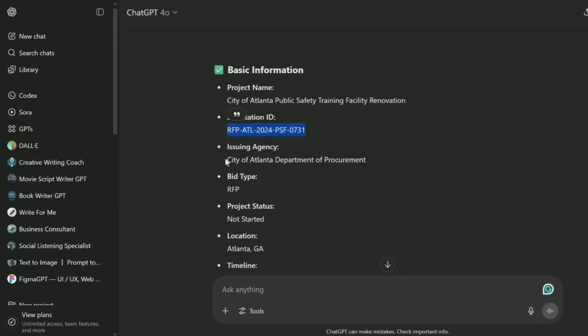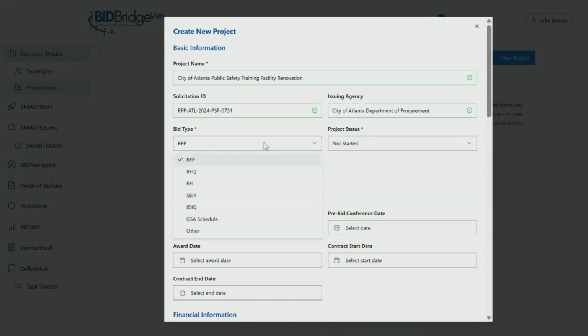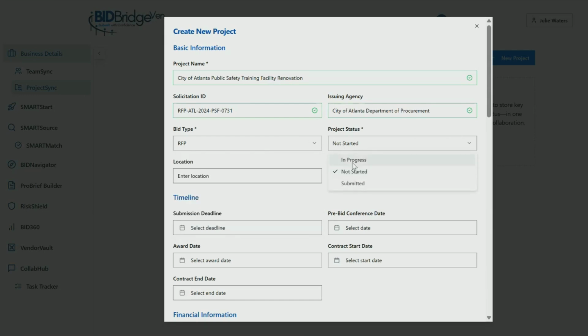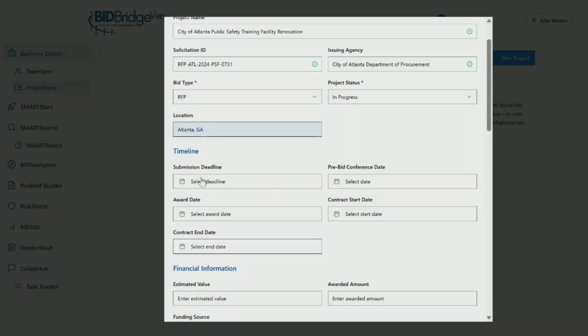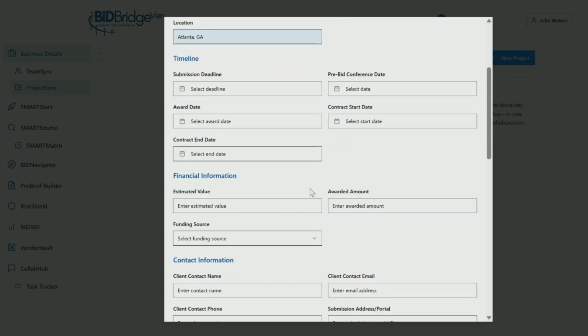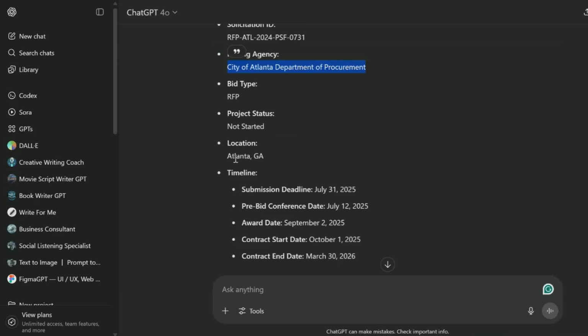Now, when you are doing this, you may be able to copy and paste if you have the RFP up and running, or what you also can do is open up the RFP on your PDF, and you can just copy and paste the information if you want to do that. That's either or. I'm going to put in progress, enter location, it's going to be Atlanta. Timeline, I'm just going to skip all these details for now, just for the sake of us moving forward. And then contact information, I'm going to put,